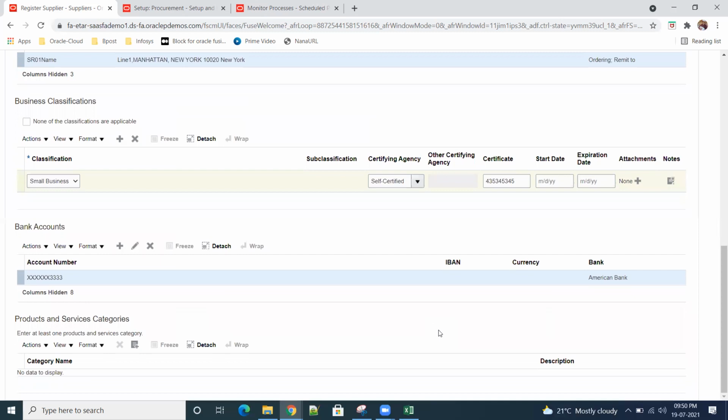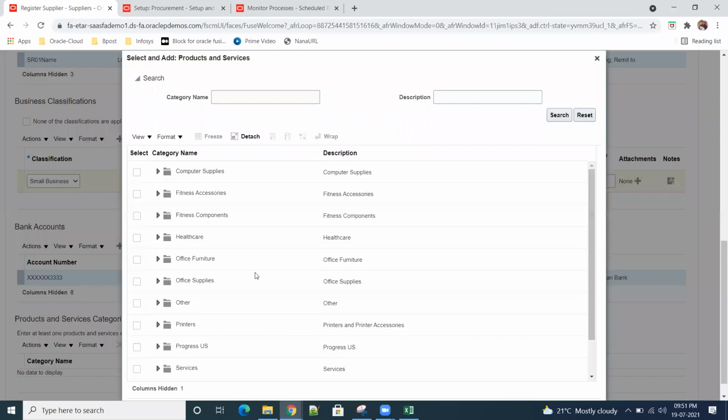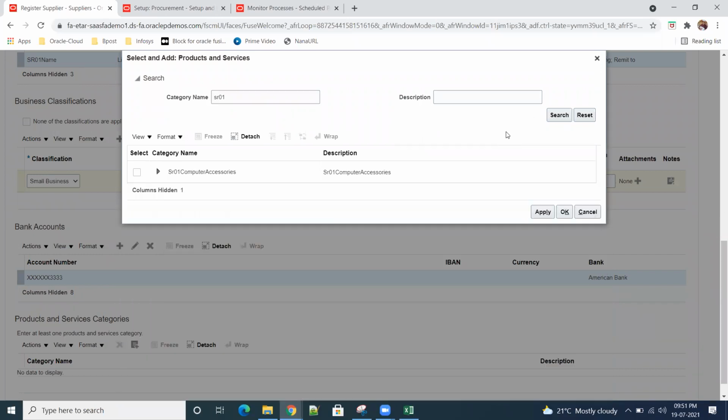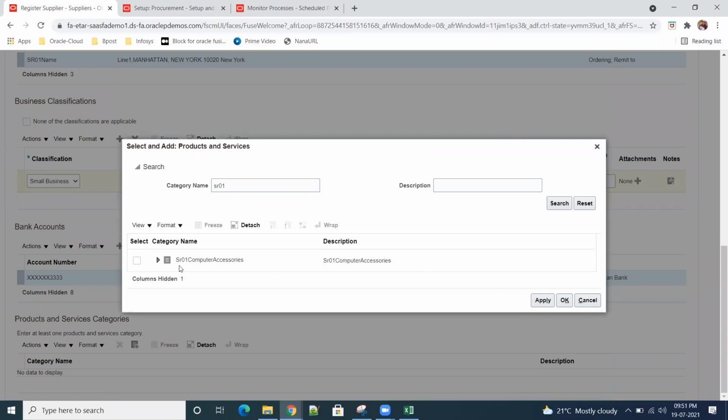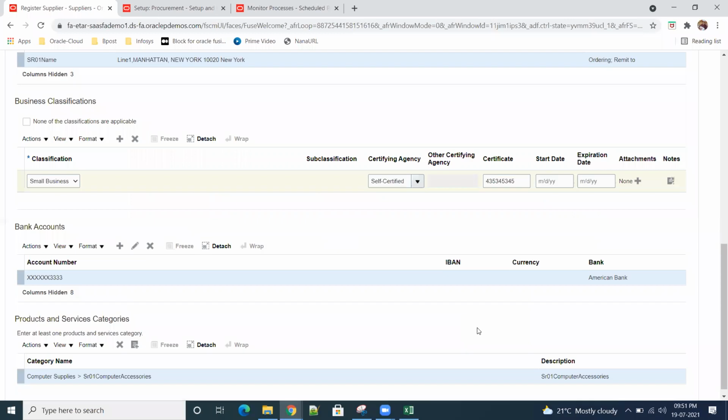And products and services means, now that we have given category, catalog, services, whatever hierarchy we have defined, those particular things will come here. Click on plus. SR01, select, apply.